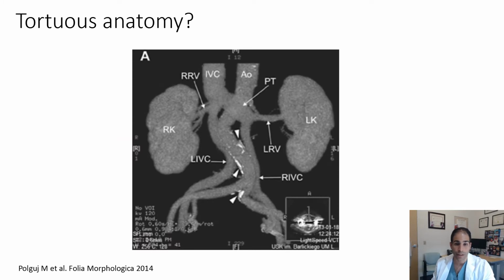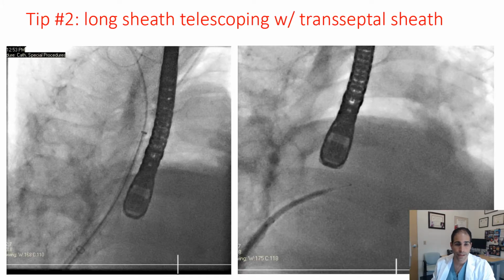Tortuous anatomy can greatly impact your ability to perform a transseptal. This is an extreme case, but you can imagine this would really impact your ability to torque your guide. Whenever I encounter tortuous venous anatomy, I always use a long sheath with a telescoping guide technique. Typically, I'll use a 14 by 45 centimeter or longer sheath, and then I'll put my transseptal guide within the